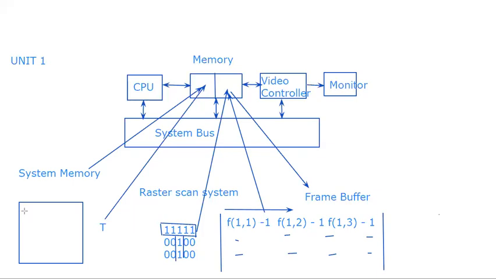Suppose the monitor's 1 1 position is here. ये 1 1 position है monitor का. So F11 position, the value is 1. So यहाँ पे एक particular white pixel उसने put किया in place of 1. Second, 1 2 position, again the value is 1, so it will put another white pixel. In 1 3 position, again a white pixel. In 1 4 position, again a white pixel. In 1 5 position, again a white pixel.